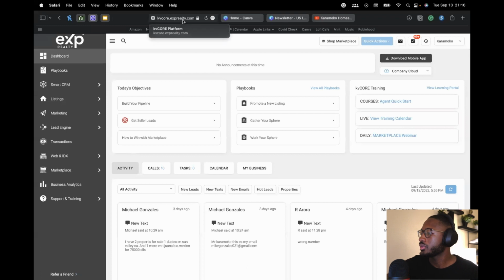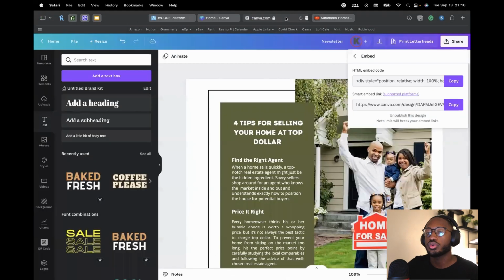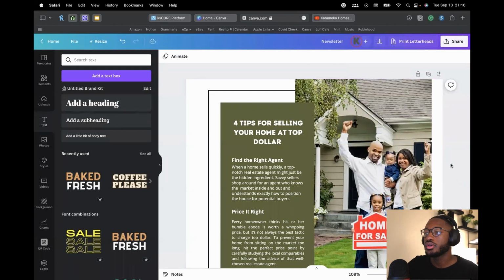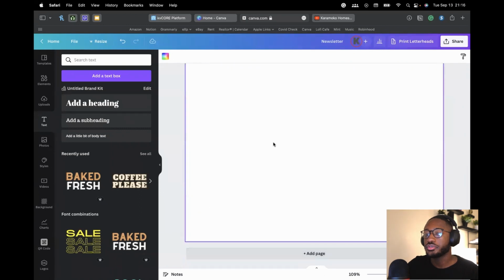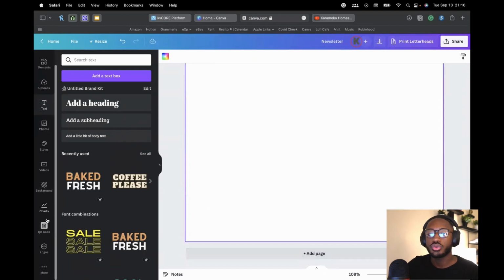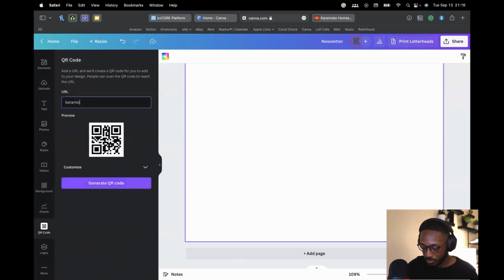And let's see, I want to talk about two more things really quickly. So we also talked about QR codes. I know a few people had questions on how I make my QR codes and how I use them. So I use Canva to also make those. I'm going to create a new page here and scroll down to the QR code section. So if I click on this, all you have to do, click on the QR code section, and I could put anything on here. I could put my website, so